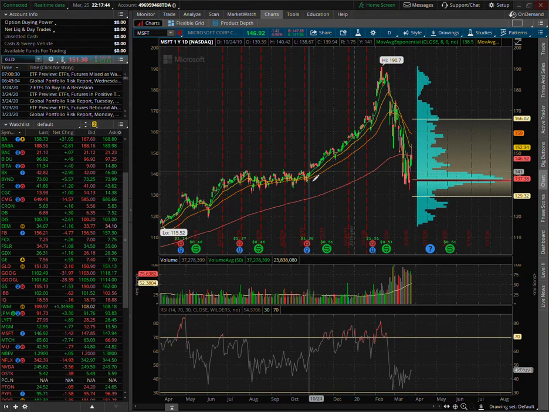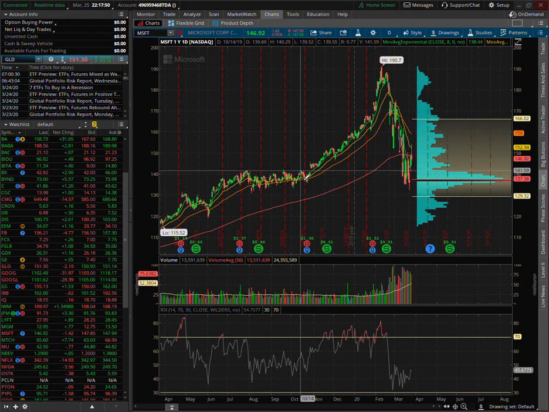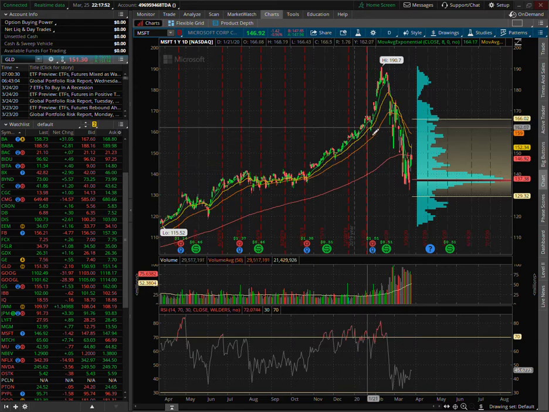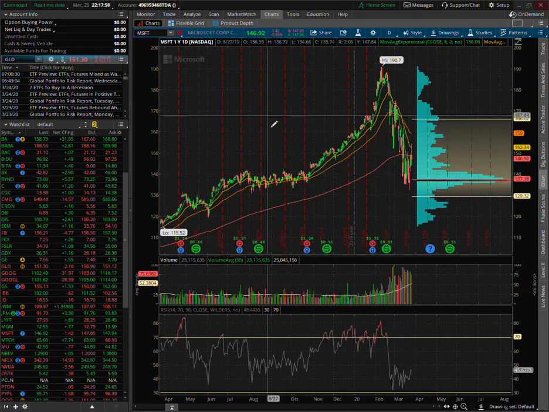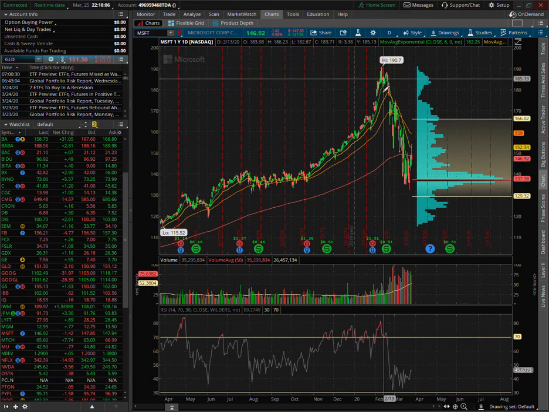And then, as you can see, once we were able to break out of this volume profile consolidation in Microsoft, it did nothing but go straight up. And lack of price memory in this area allows for greater movement, and then that's why when the market pulled back, everything was going to pull back, but this happened with a lot of names in the